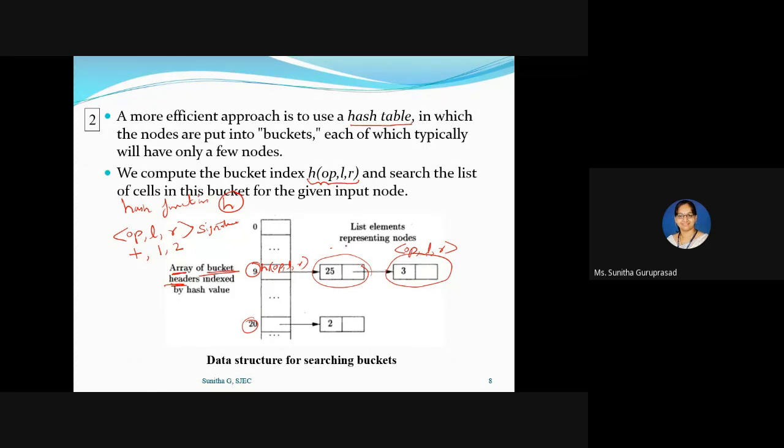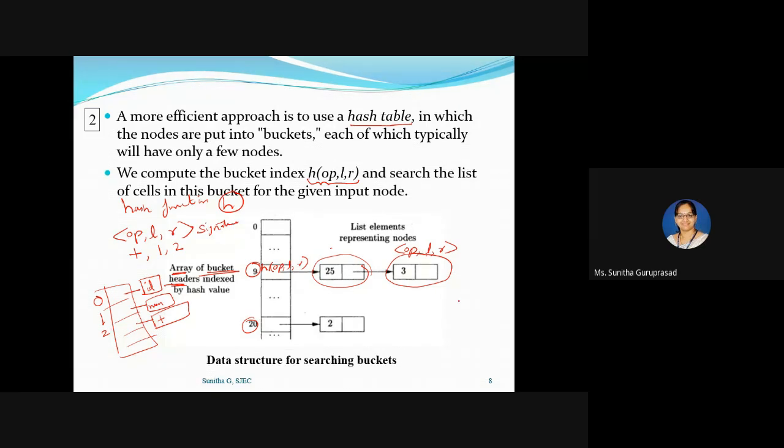They actually return the value number. Otherwise, if a match is not found, then they actually put that particular node into a tree. Like for our previous example, if you create a hash table like this, the first cell will contain the node for ID. Then the second cell will contain the node for number. The third cell will contain the node for plus. And before plus, if you are using a syntax tree, then what they do is, again,